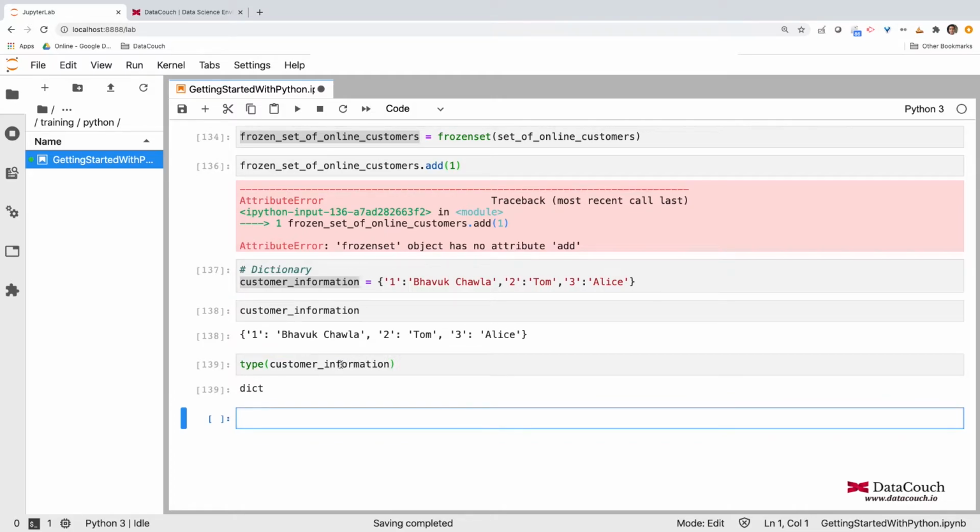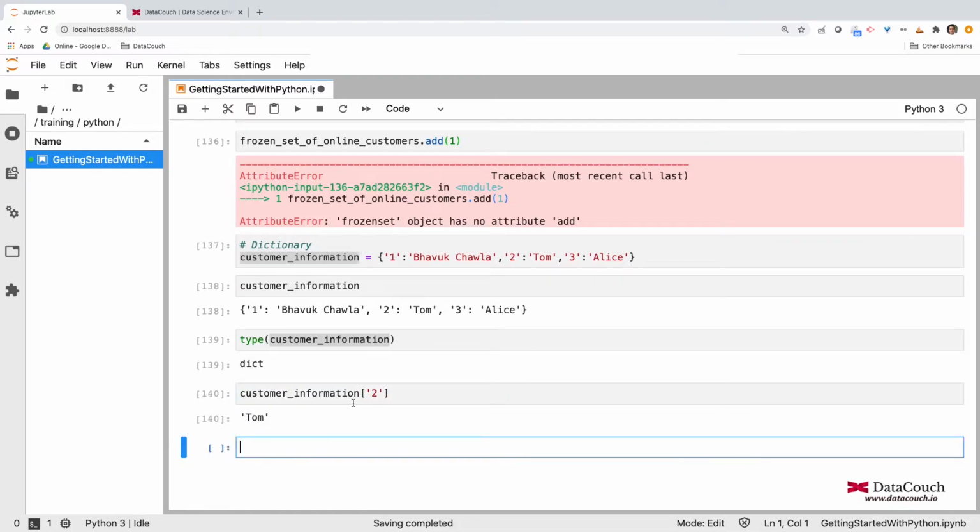Now when we want to retrieve something based on the customer ID, we can retrieve it by specifying the customer ID. Let's say I specify customer ID as 2, then I am able to retrieve the customer name, or the customer details, from the customer ID using the customer information dictionary, and I just passed the key into it. Now this dictionary can be converted into a list, and we can start parsing the values part of the dictionary.